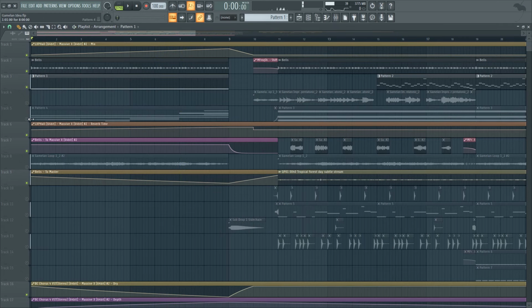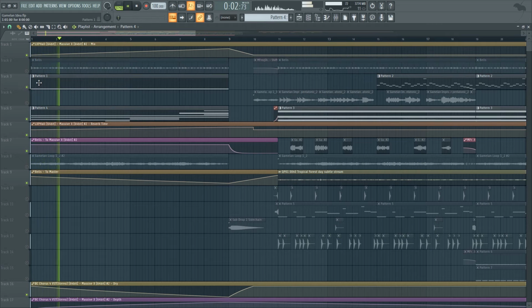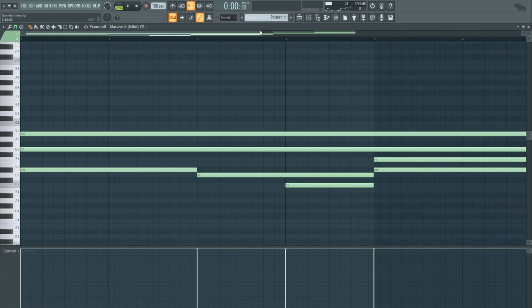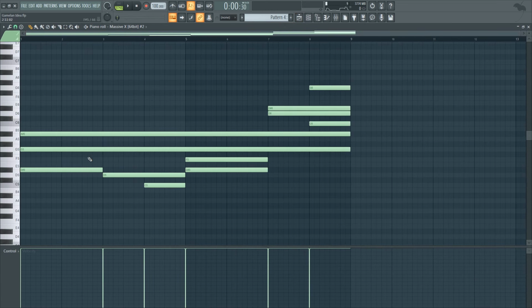And the same thing happens for our Massive X synth. And you can see that the notes here are different. I've used the same chord that I use in the hard hitting part, but I've decided to add more notes, and I've decided to do notes that are in the scale but are very close to each other, so that we get some dissonant parts, and that the further we get to the end of the breakdown, we get very dissonant notes. So here are some of the notes,